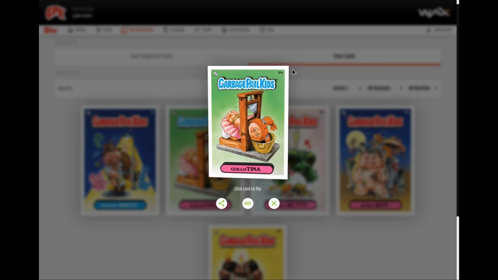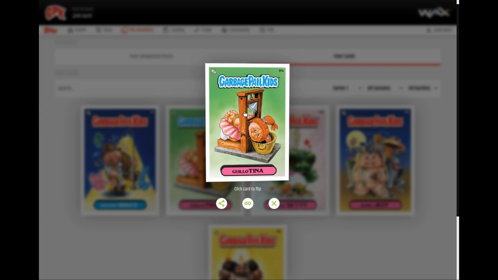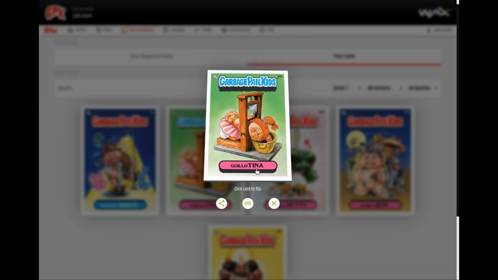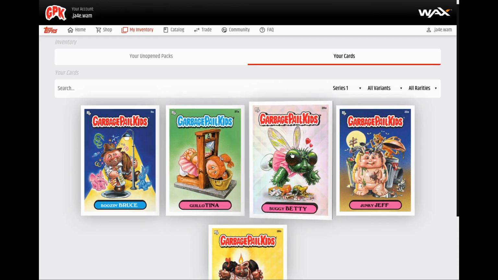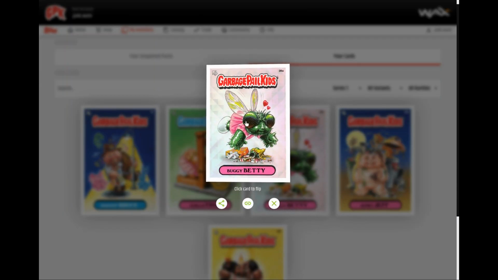And in terms of the A and B, each of these cards has the same image, but there are 2 different names. So there's Guillotina, and then there's another one. I can't remember. I'm not going to explain this sort of stuff. So Buggy Betty, that's my